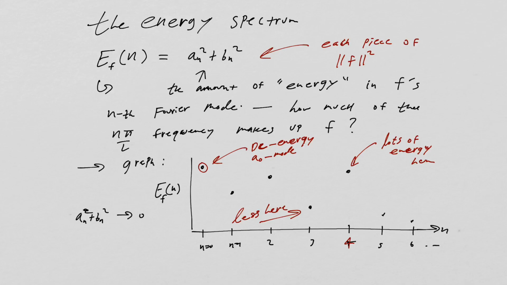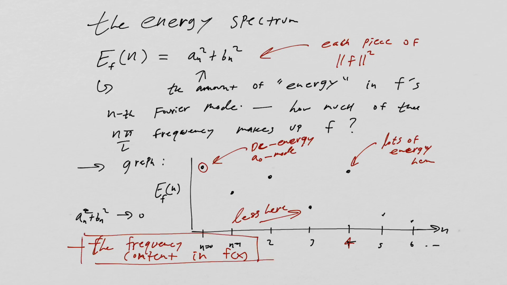Okay, so the idea here is by looking at the magnitude of the energy in the energy spectrum, you can tell what the frequency content of F is. Basically, it tells you about the frequency content in f of x. That's essentially what the energy spectrum gives you. And I have to say,